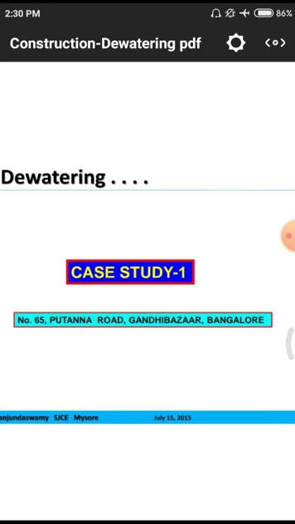Likewise we have to face this kind of dewatering technique and others. Those case studies are very useful for us for a better understanding of this subject, because those are employed directly in the field by different practices. Those practices give us much experience, so we need to observe different case studies. Normally a case study means we go and observe what they are doing on a particular site, and how much of the content is useful to us for our project.